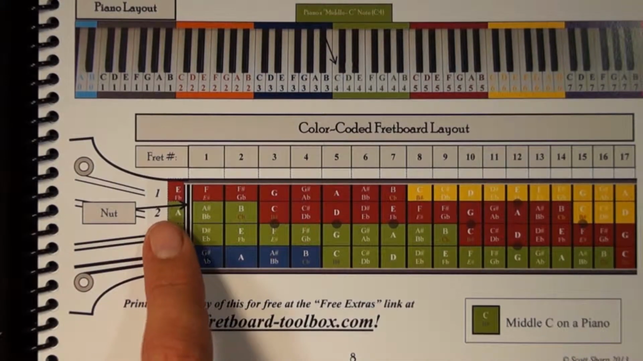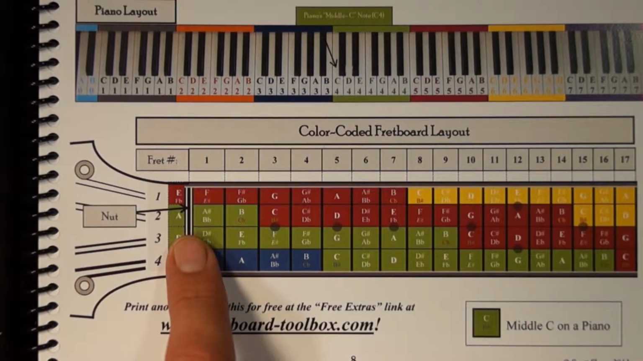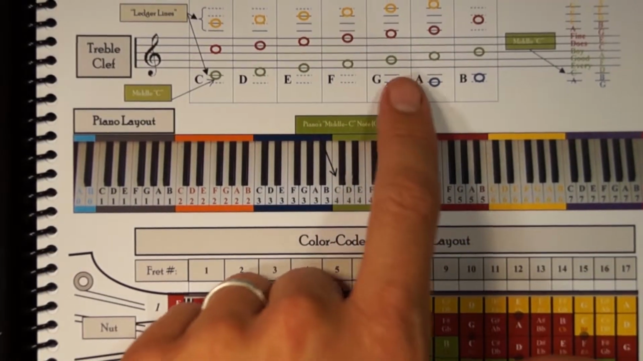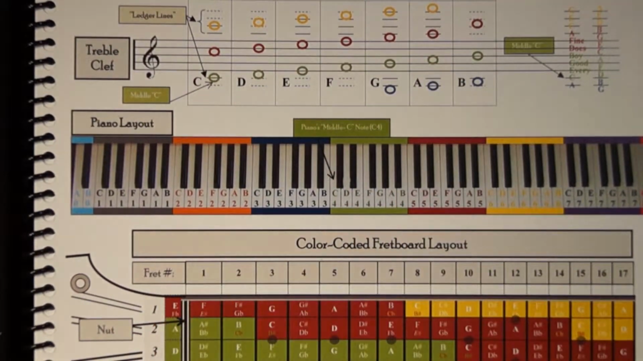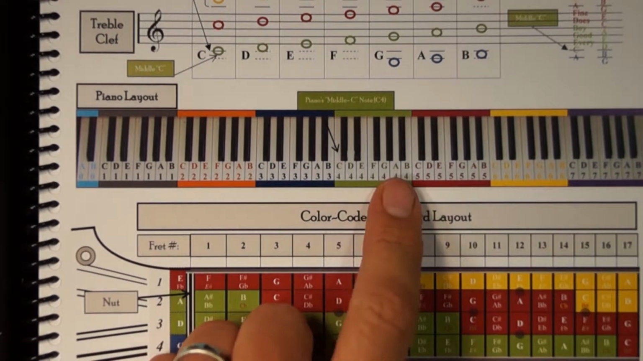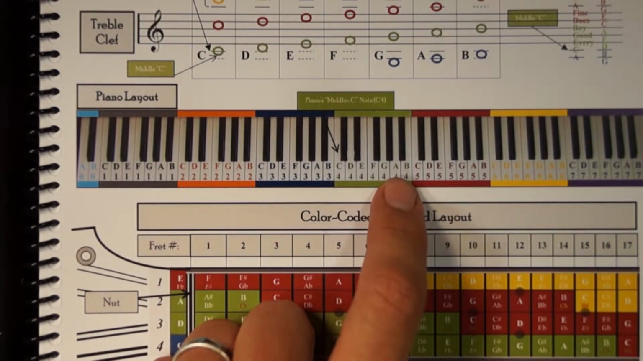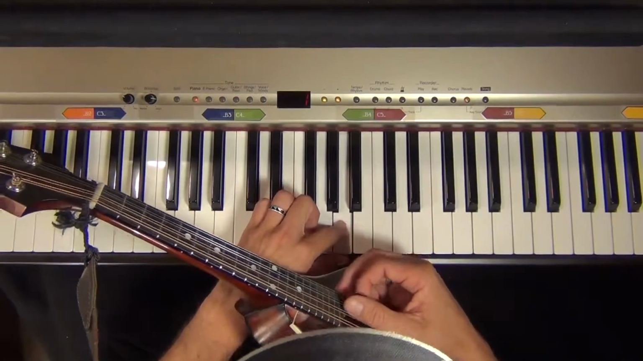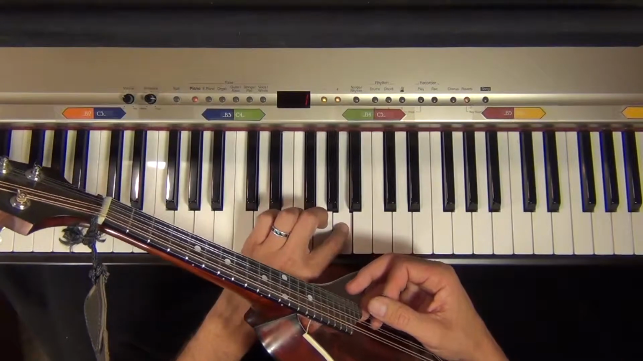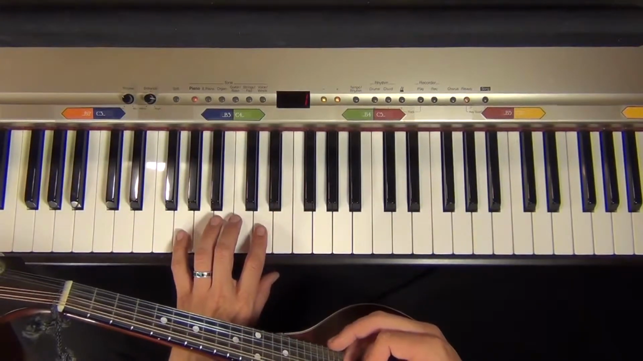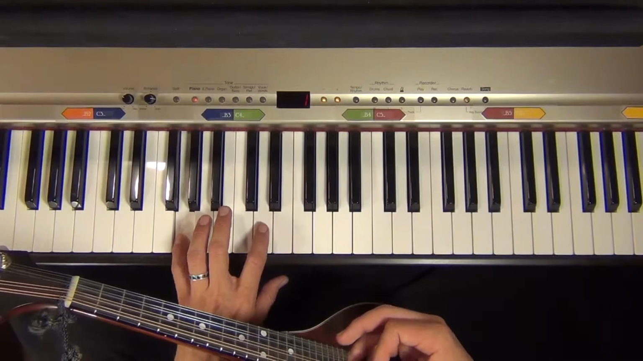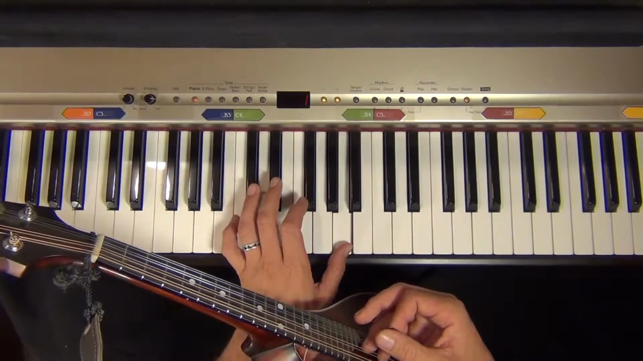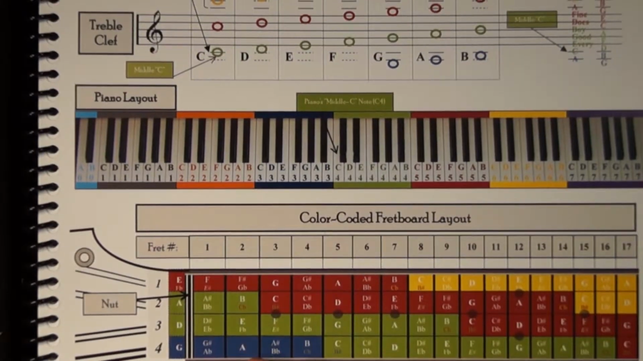Then the 2nd string open are A4 notes, and those are in the green. On a treble clef, that would be the A notes right here. On the piano, it's going to be in this 4th octave, so A4. So on the mandolin we had G3, D4, A4, and then the last one is